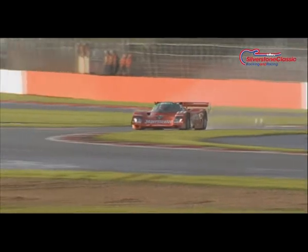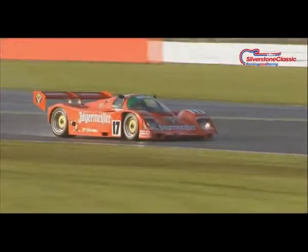Which is your favourite, Chris, out of this lot? It's probably that Peugeot, actually. Probably that Peugeot, I'd say. It is pretty stunning, isn't it? Although the Lancias I quite like as well. Exactly, those Lancias. The Merc, I think the Sauber, it's functional. And it just doesn't seem...